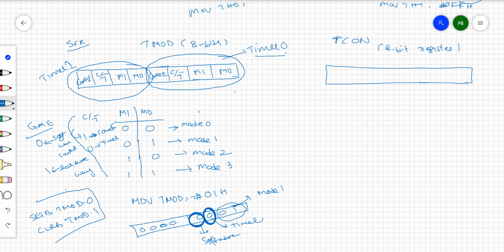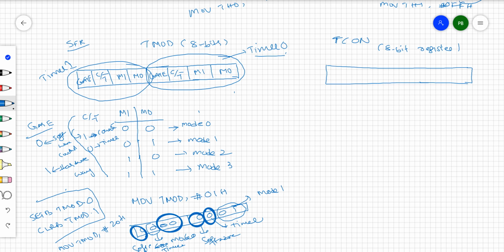In a similar way, timer 1 is going to be controlled in mode 0, as a timer, and in the software way. Depending upon that, for example, if you move TMOD, for example #20H, then data is going to be stored in a different way.